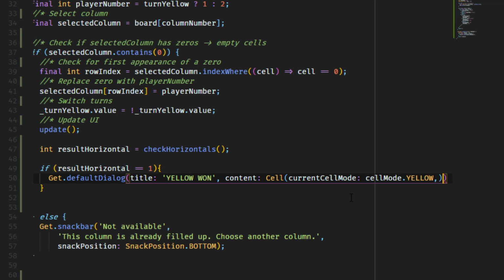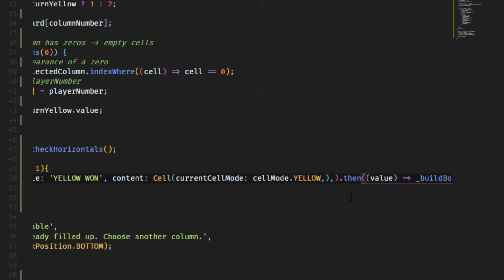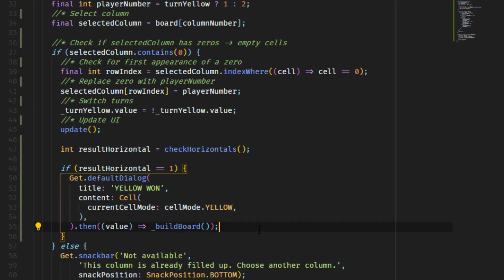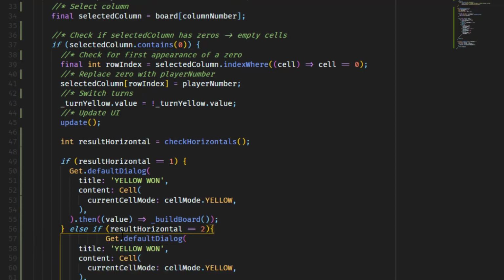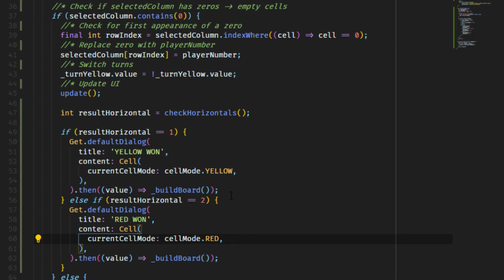And after this dialog is closed, we rebuild the board, and if player 2 wins, we do the same thing, but here we of course check if the result horizontal equals 2, and we show the cell with a red coin. After rebuilding the board, we